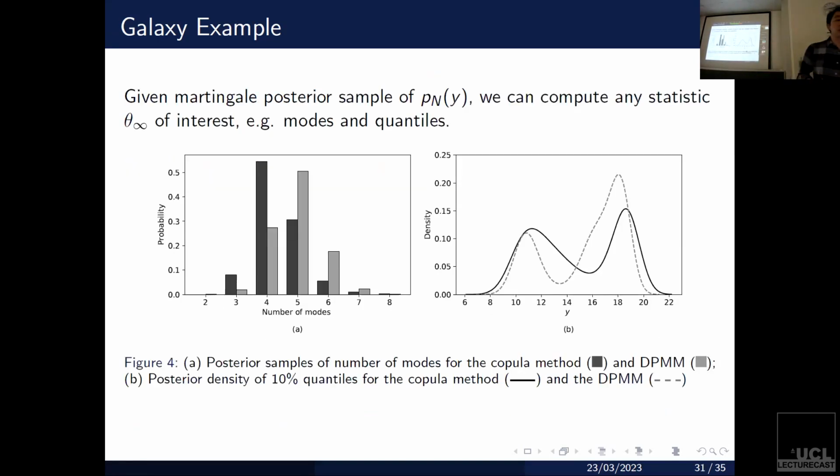Aside from actually computing uncertainty on the density, you can also go back to some parameter that you're interested in. So what you can say is that you're interested in some functional of the density, so theta of f infinity. In this case, suppose we're interested in the modes or the quantiles. Again, these things are going to be slightly harder to compute with the Bayesian Bootstrap because that returns a discrete empirical distribution. You can see here that the posteriors are different between the Copula method and the Dirichlet process, but they give similar types of answers. So the Copula says, we think there's going to be around 4 modes and some right skew tail, whereas the Dirichlet process mixture model thinks there's going to be 5 modes. But you can essentially carry out regular Bayesian parametric inference as well, but it's not as cheap.